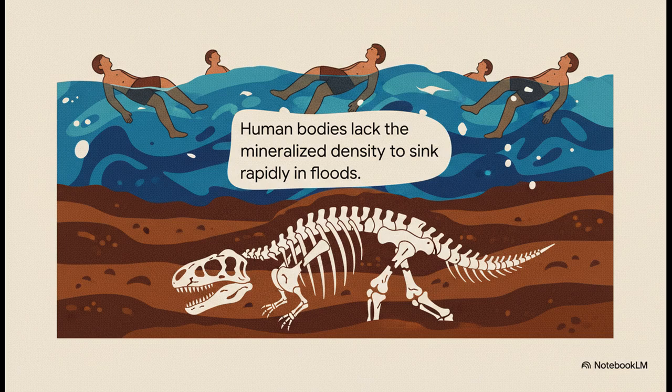Following the logic of this specific framework, we have to look closely at our biology. Because humans don't have solid, calcified exoskeletons, and we definitely lack the massive, dense bone structure of a 70-ton dinosaur, we naturally float in water. In a chaotic, high-energy flood environment, a human body just wouldn't be dragged down into those deep, high-pressure sedimentary layers that were rapidly burying the heavy dinosaurs. We'd remain right at or near the surface.